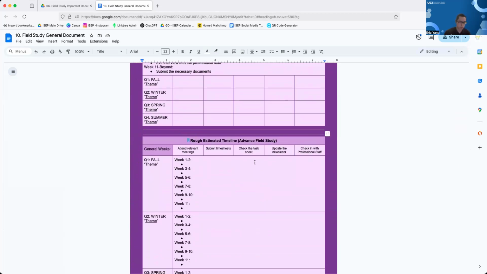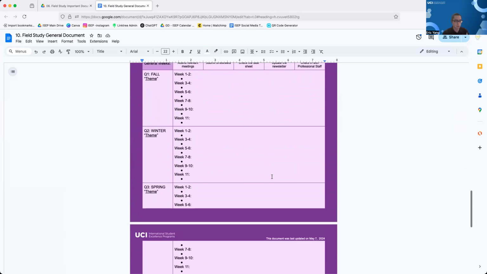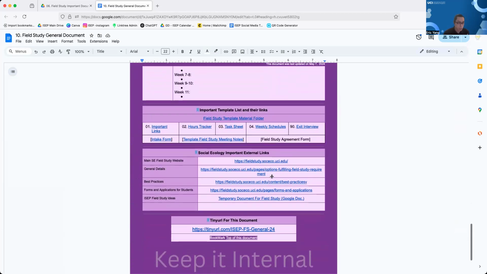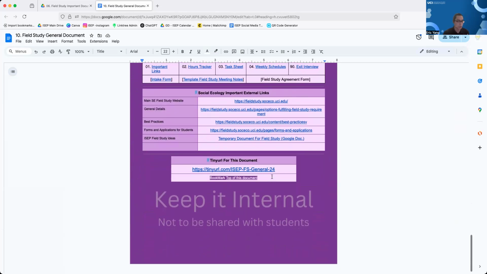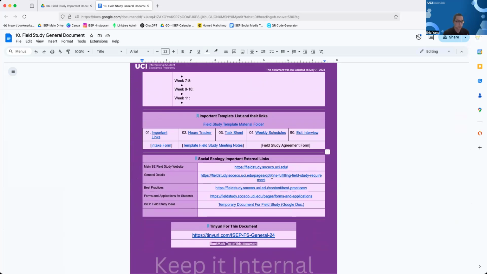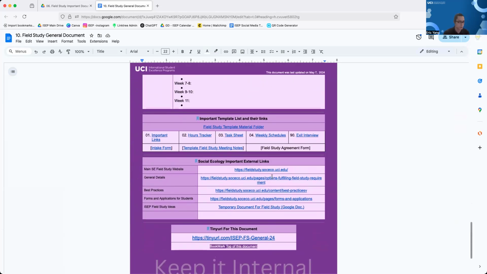had any students participate with us yet. Instead of doing it one quarter at a time, advanced field studies do it for the entire academic year. That is ideal, but we haven't had an opportunity to do that yet. So we haven't filled this out yet, but this will be filled out. And there's a lot of hyperlinks, a lot of materials, I know. So please take the time and make sure you do not share this with students and you keep it internal, and make sure you take the time to go through all of it.